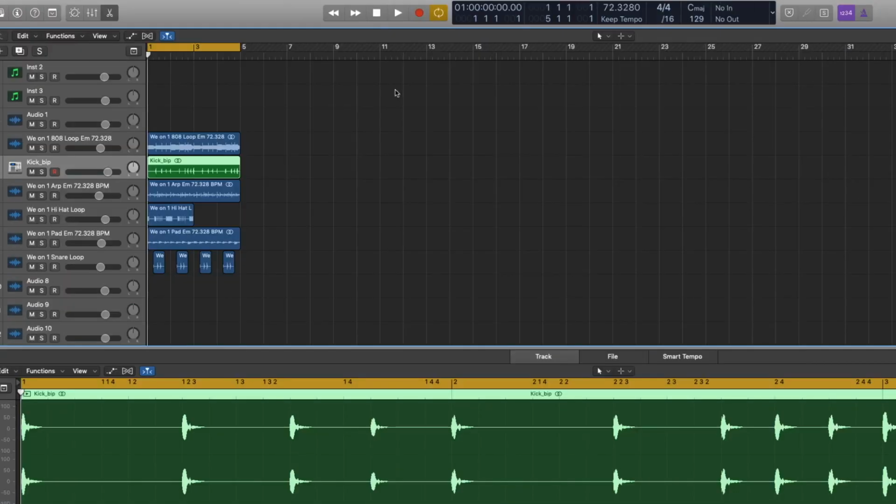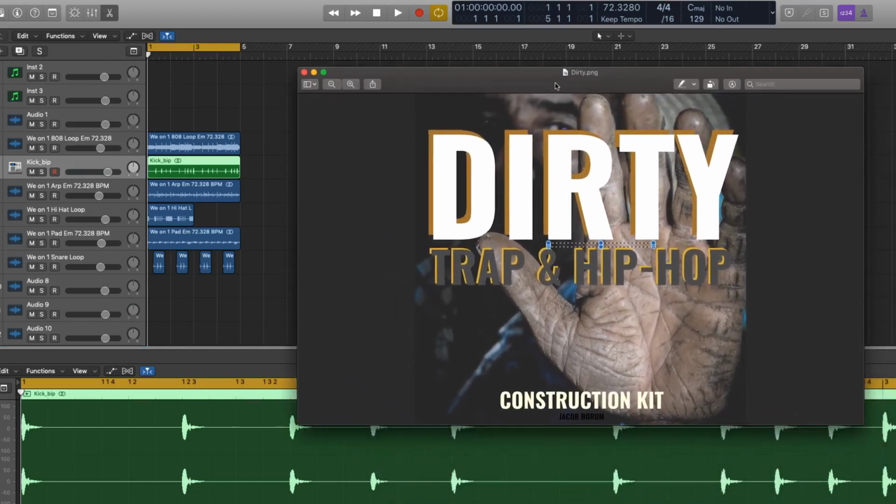Here we go. So we got a track loaded up here. This loop set, this construction kit is from the Dirty Trap and Hip Hop construction kit from sounds.com. You can grab that